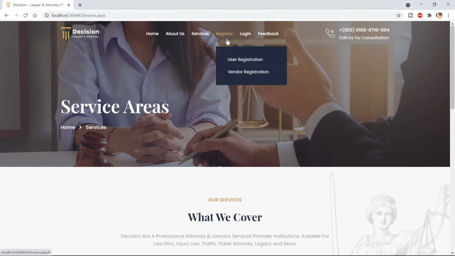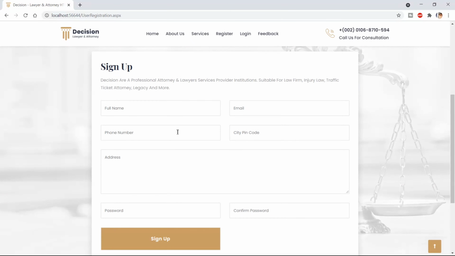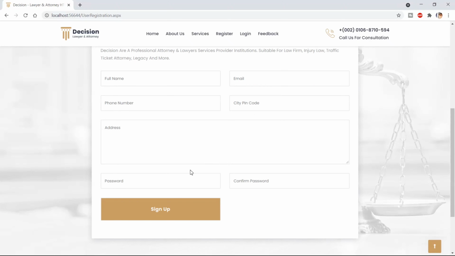In register we have two registrations, one is for user registration and the other one is vendor registration. In user registration, there is first name, full name, email, phone number, pin code, address, password, confirm password.